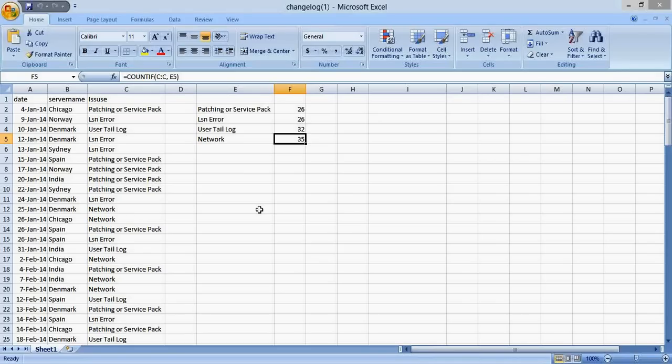Third one is user tail log backups. Users make mistakes by taking the log backup and deleting them. Reason is that when the database is in full recovery mode, it simply consumes the memory, and many DBAs take the transaction log backup of the database, delete it, and try to shrink the database.